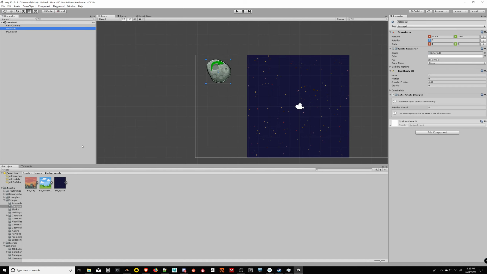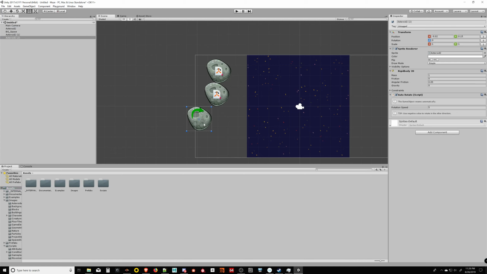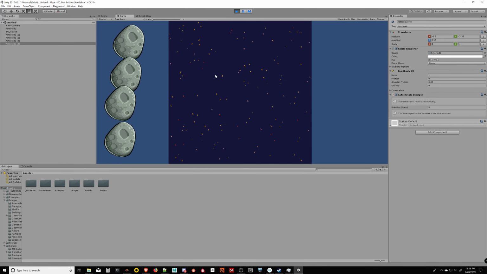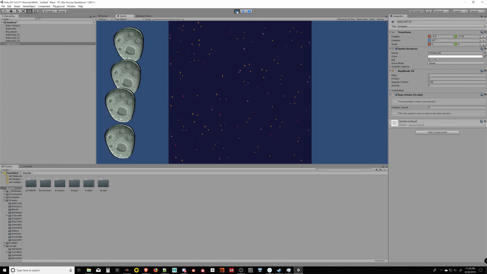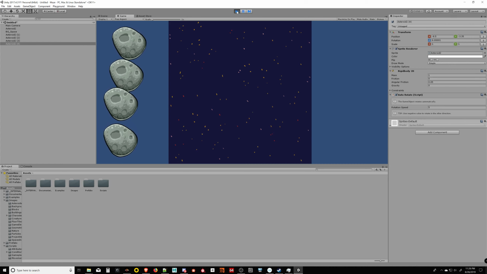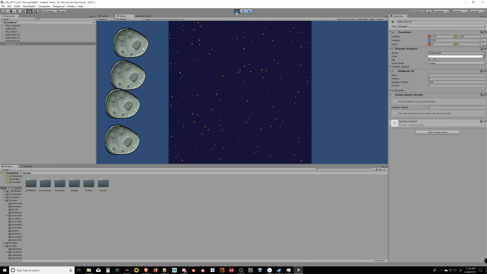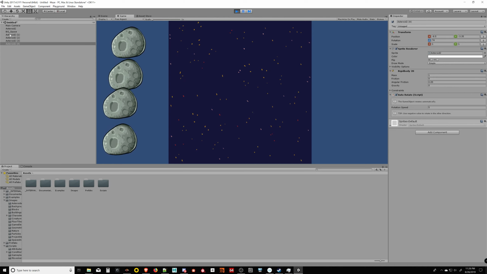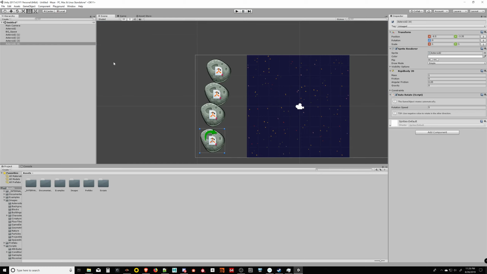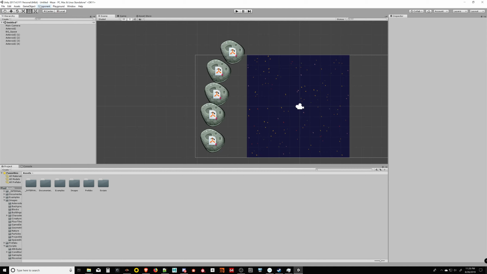So with this asteroid now, I want to make a bunch of these, right? So I'm just duplicating them in the scene. And I press play, and they all kind of just rotate, doing their thing. But there's a couple of problems here. So for one, it's starting to really fill up my hierarchy view. So I'm going to create an empty game object,